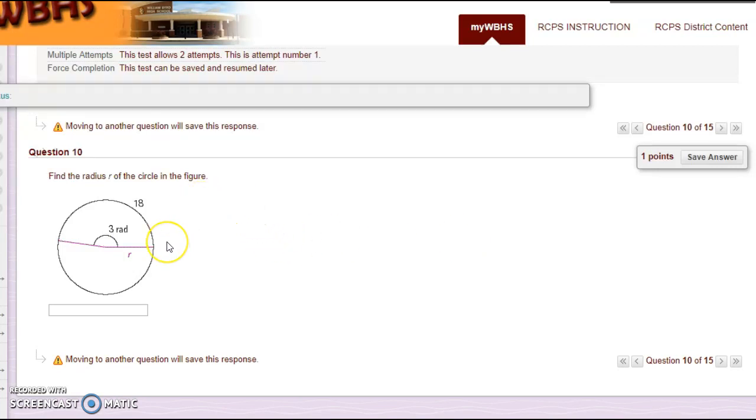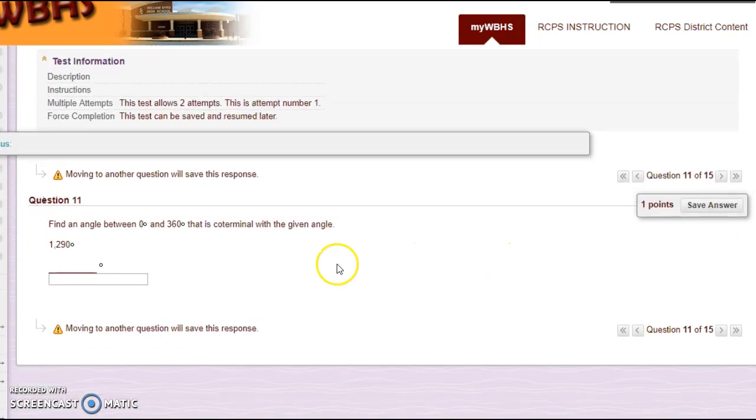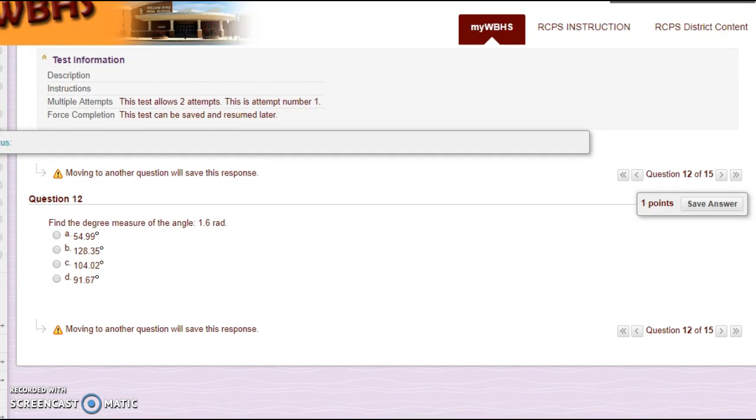Okay, this is another one of those questions where you're just understanding the concept of what a radian is. And so if I took my radius and I wrapped it 3 times, how long would that radius have been? Coterminal angles, it's a pretty big number, so you're going to have to subtract 360, maybe 2, 3, maybe even more times to get something that's in between 0 and 360. Even though we're used to seeing radians as something pi over something, it doesn't have to look like that. So make sure you know how to convert